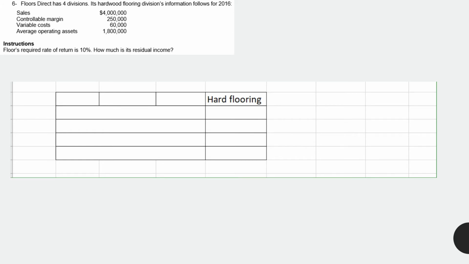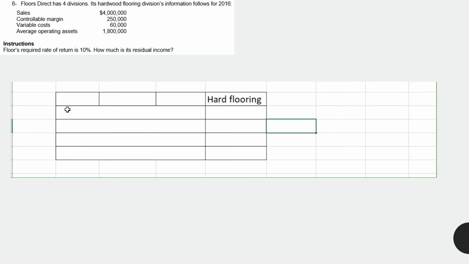Alright, we've got this Floors Direct organization, and we're given some information about its flooring division for 2016, where we had sales at a level, controllable margin, variable costs, and our average operating assets. And we're asked to calculate the required rate of return, the residual income based on a required rate of return